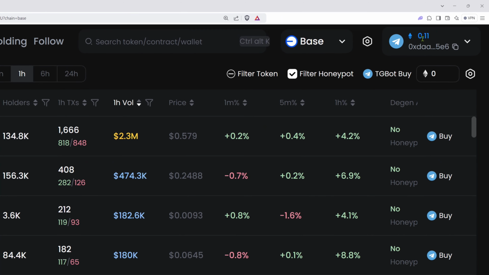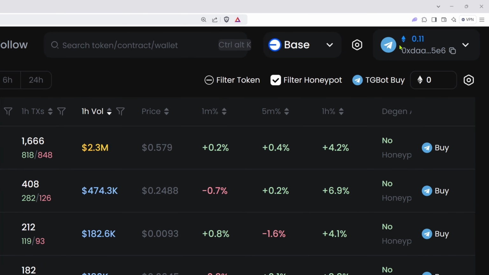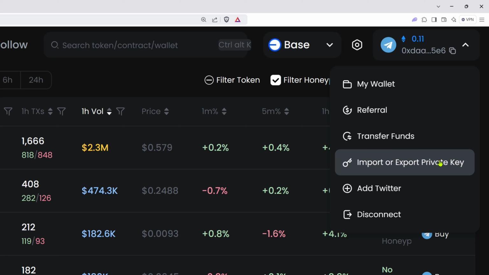Now, once that's confirmed inside my account, I can then trade at lightning speed, where I'm going to show you the real power of this tool. And then I'm going to show you how to trade on your phone from anywhere you may be, at work, on the couch. You don't have to run to the computer. It's actually really cool. Okay, so my Ethereum has arrived after maybe 7 minutes or so, and here it is. But what you want to do now is click this down arrow and export your private key.